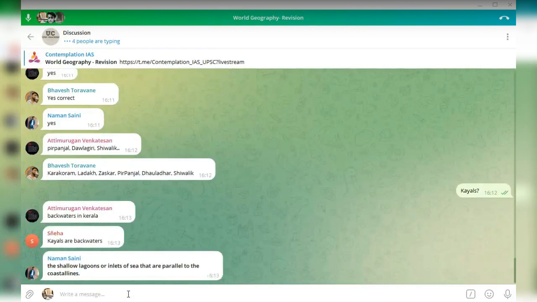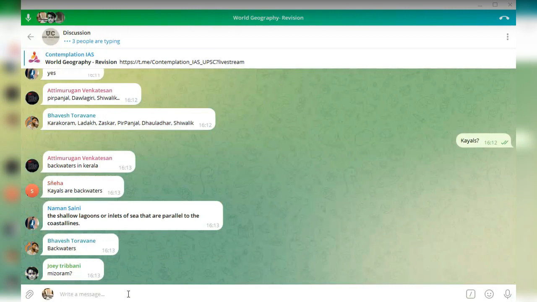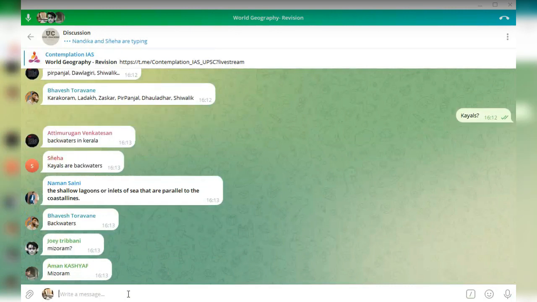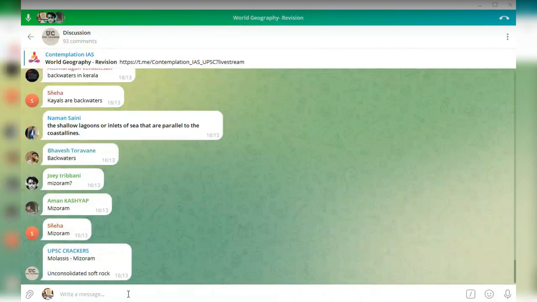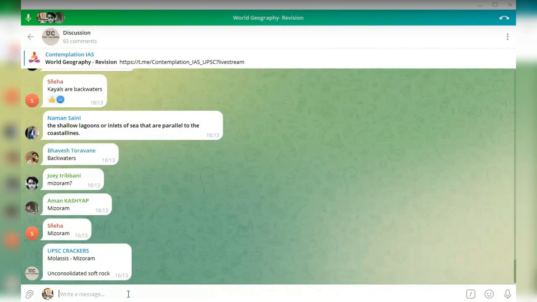Where do you find it? Mizoram. Correct. And what it is actually? What is a molasses basin? Mizoram is the correct answer, that's the location. But I want to know the definition for that. Unconsolidated sediments. Exactly. Correct. Okay. Now,